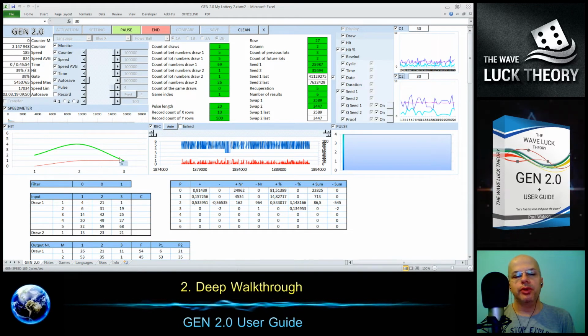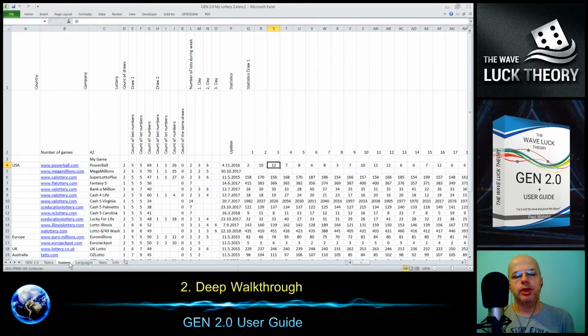If I go back to the game sheet, and if you are making the preset, for example, there is a Mega Millions and there is no statistics at this moment, and the statistics are optional.